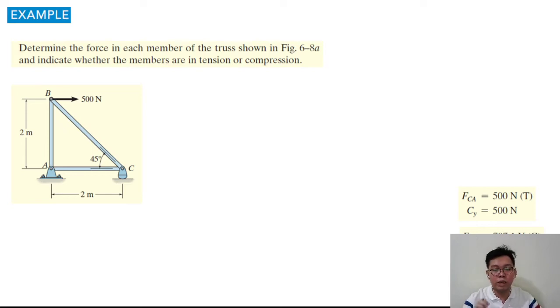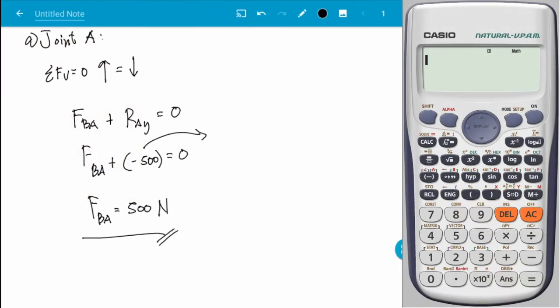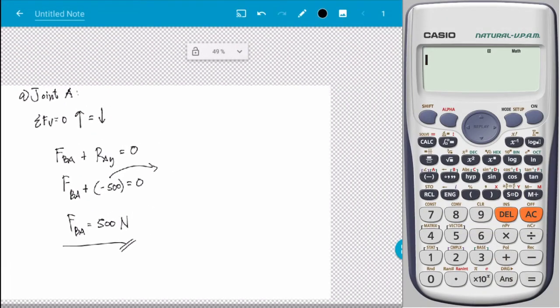Importante yan ha, importante yan if you will try to solve for trusses. Hindi dahil positive, tension, or negative, compression, hindi. Depende yan sa assumption mo. Kung positive, means tama yung assumption mo. Kung negative, mali yung assumption mo. So try to ask yourself, ano nga ulit yung assumption ko? Yun yung mag-determine kung tension ba or compression. Okay? So I think okay na tayo, no? Meron na tayong na-solve isa, FBA. So let's try to solve the other